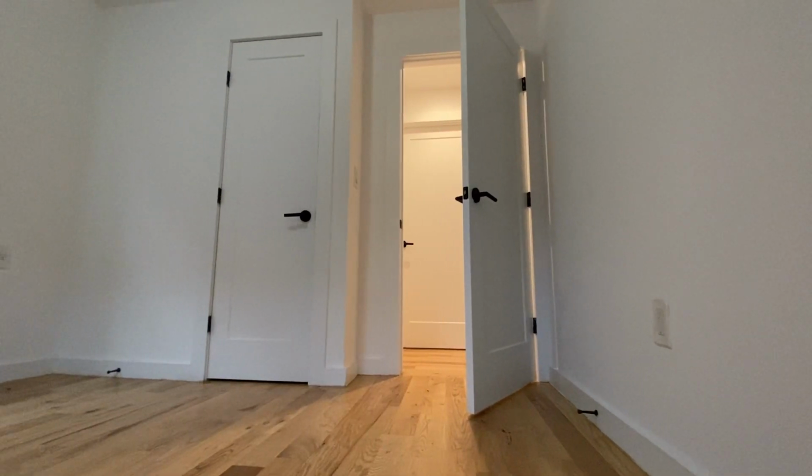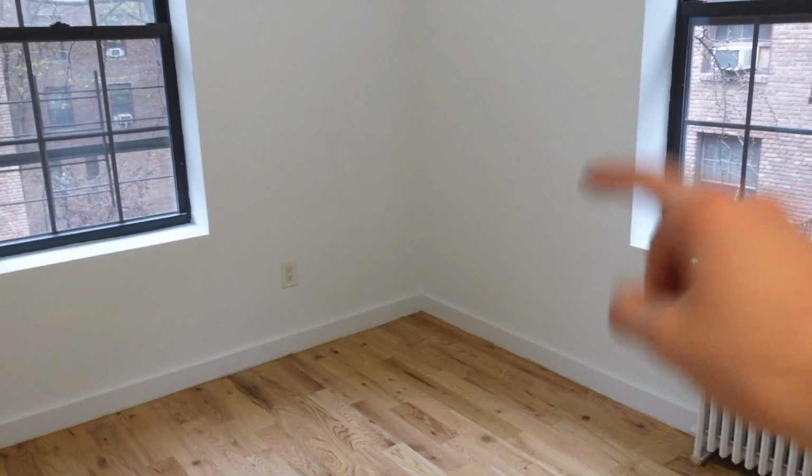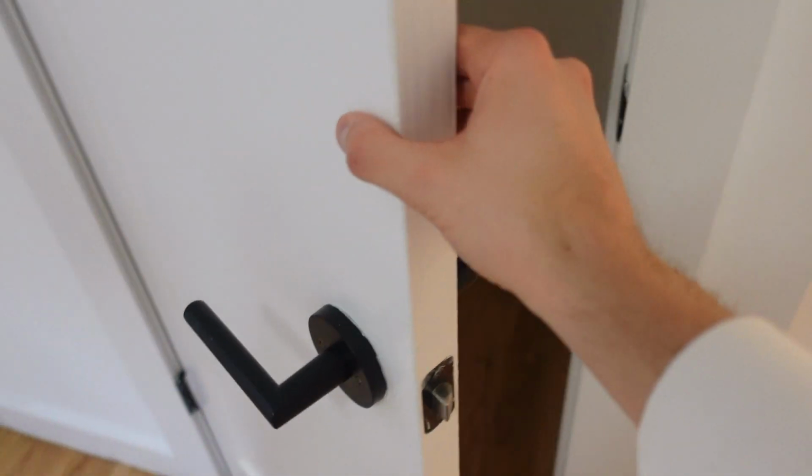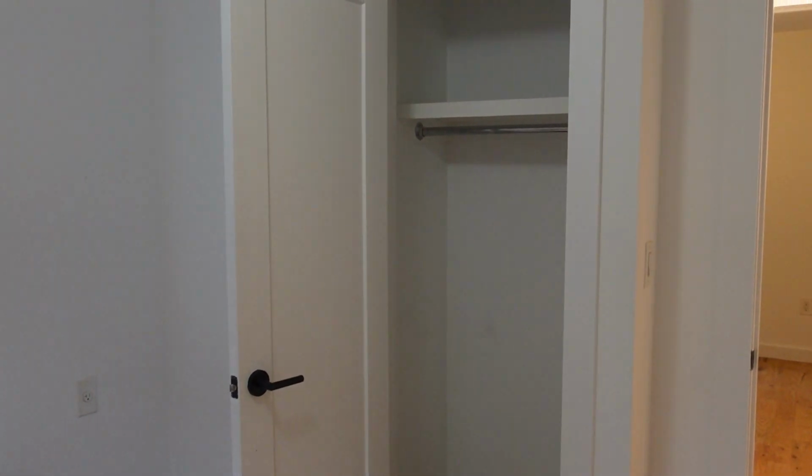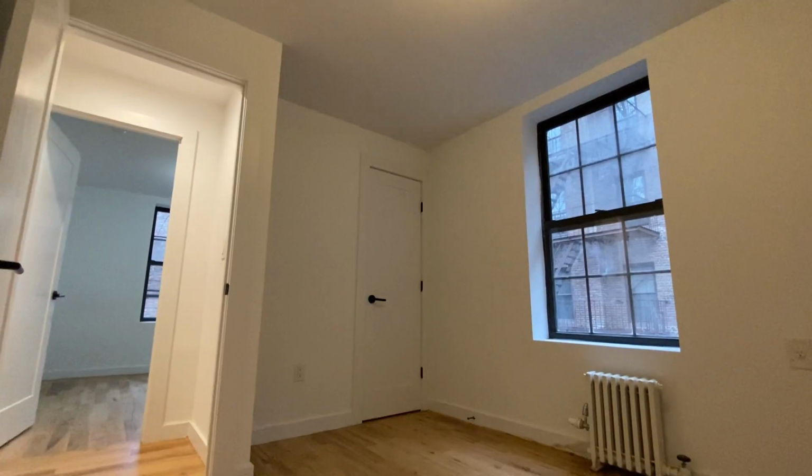And even though that doesn't seem like a big difference, I think that this room is gonna be a lot easier to set up. You could put your bed in this corner or in that corner over there. Definitely, you have more options here. But the one thing you don't have is the same size closet. This doesn't look bad, but it's definitely a little bit less than what we had in the first room. Last but not least,